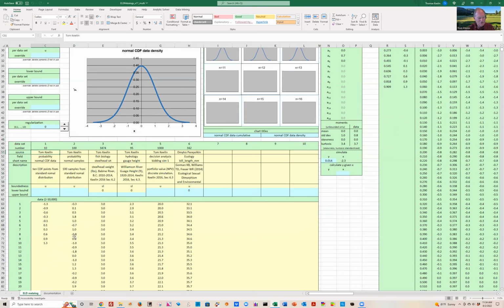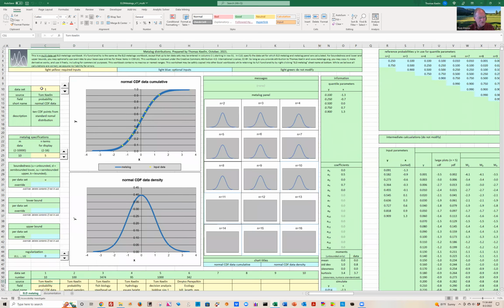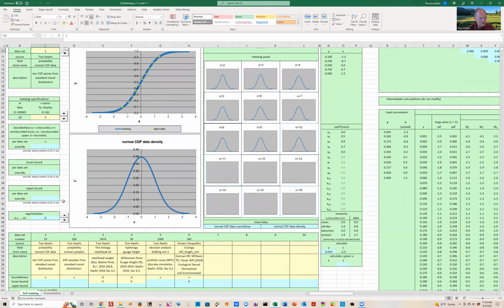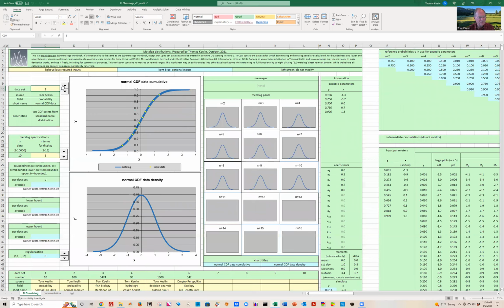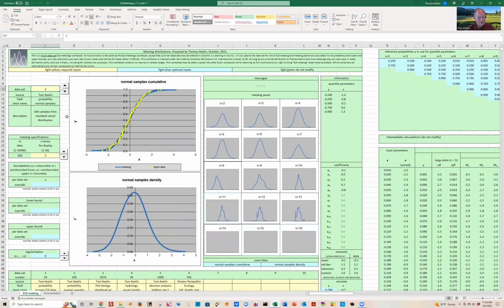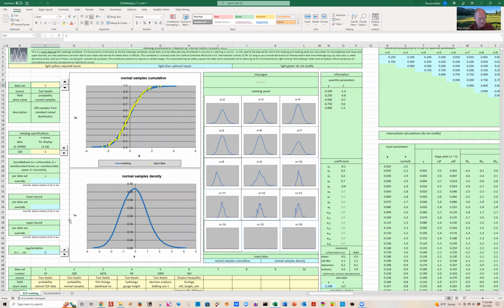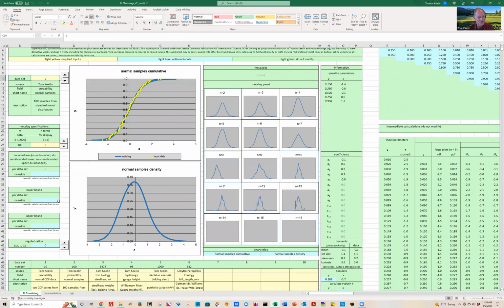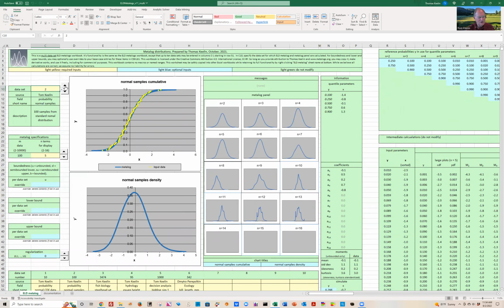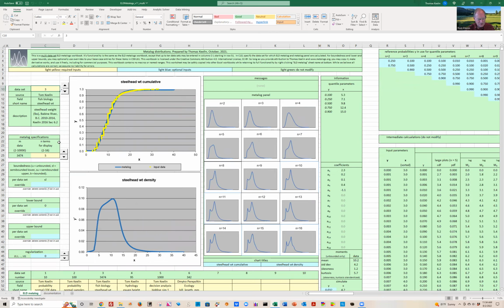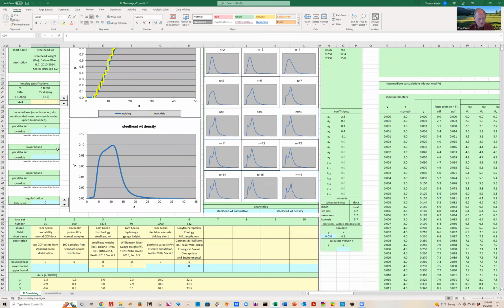And the data set you are looking at is the one that's controlled by this variable right here. It says data set number 1. That's 10 points from a standard normal CDF. If I go to data set 2, everything will readjust. This one is, I believe, 100 samples from a standard normal distribution. If I go to data set 3, then I've got the weight of steelhead from the Babine River in British Columbia, the data set of